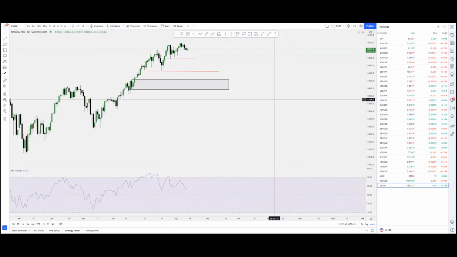Like I said, there is a divergence. There's a divergence there that we can capitalize on. There's a divergence in price right here that we can capitalize on. This is it right here.